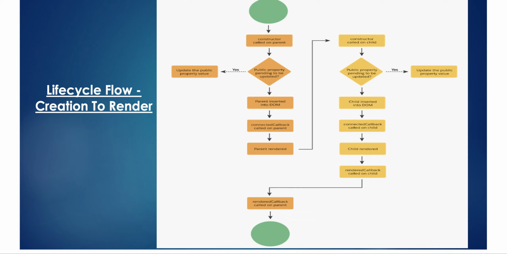This is the place where, if you want to interact with your child component, or with any of the subcomponents present inside the component, for example to change the style or to call some method of the child component, you have to do that in the renderedCallback, because that is the place where your parent is rendered as well as all the child components. Okay, so we'll be looking into the demo of how we can interact with these different